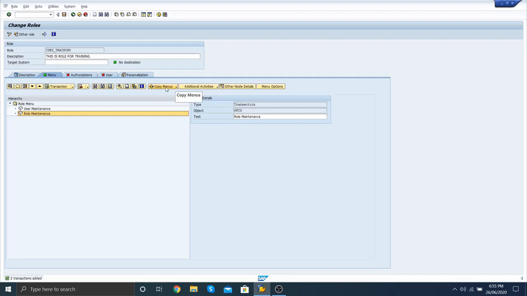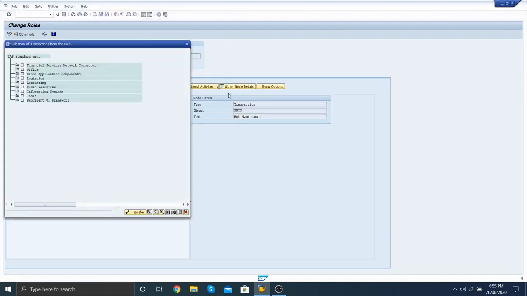One more menu option is copy menu. If you want to copy a menu from the SAP menu bar or a targeted system, you can select from the SAP menu local. It means you can select the standard SAP menu.